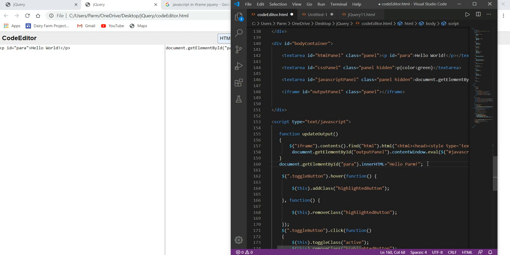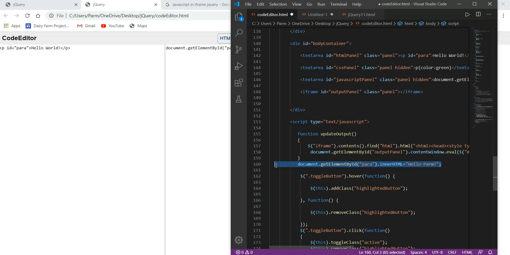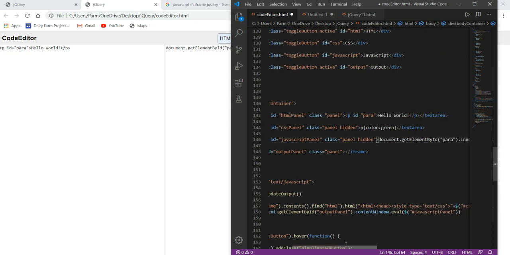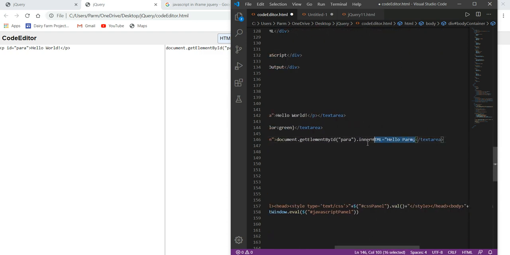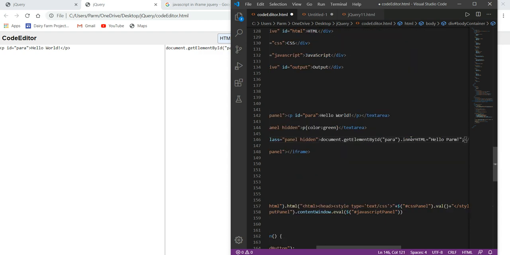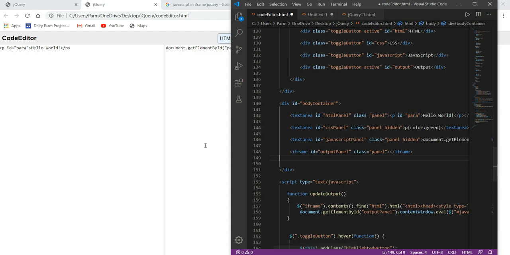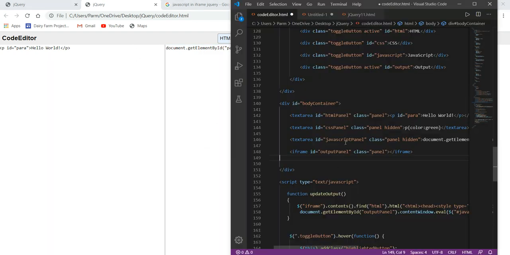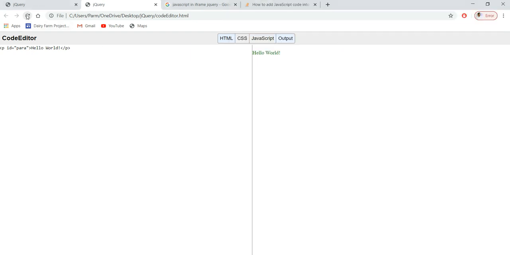So here I cut this line from here, paste it here. Save the changes, and here we go, refresh it.